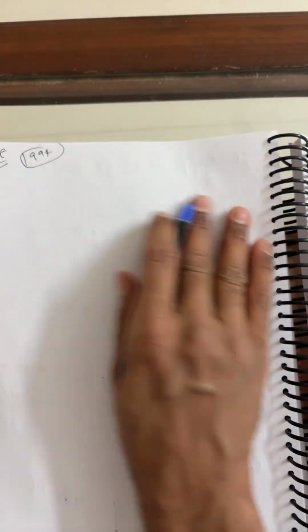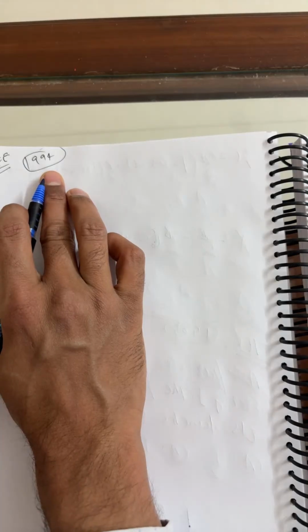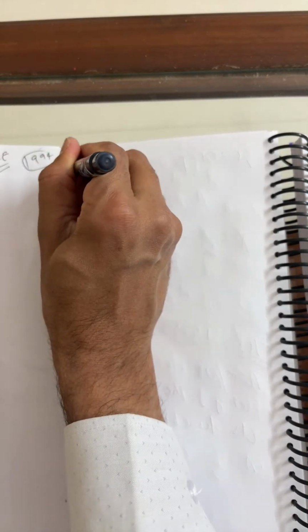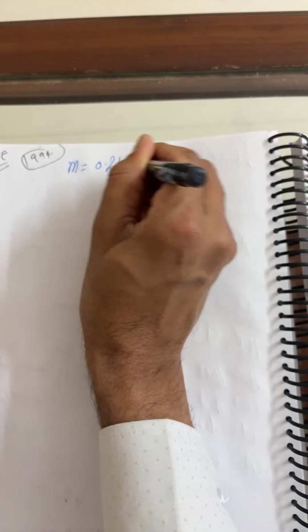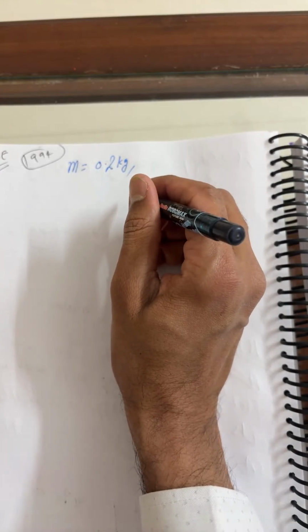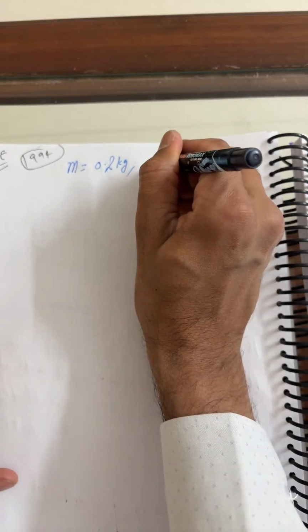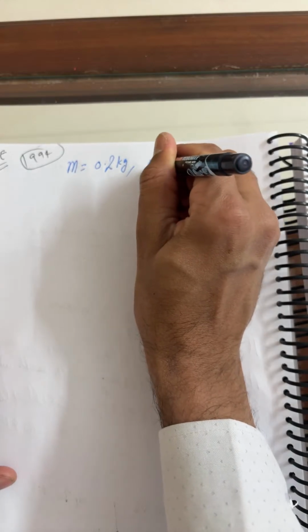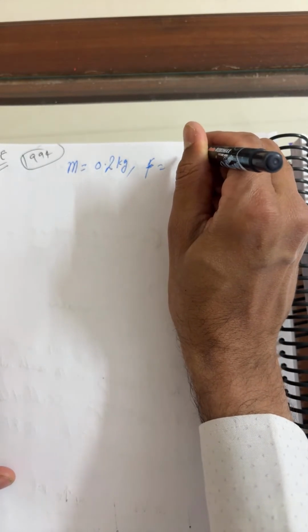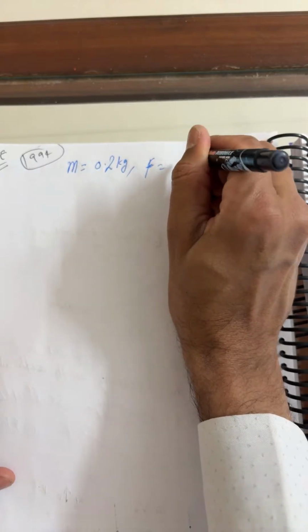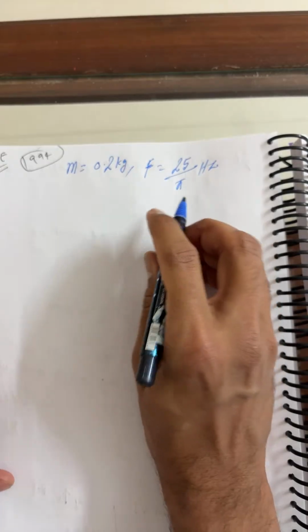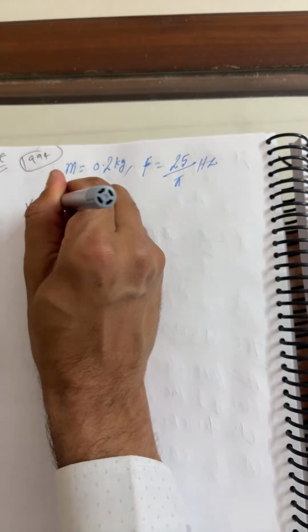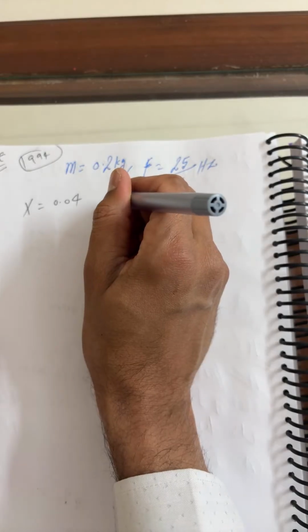Now beta, have a look at this question. Pay attention here only. An object of mass 0.2 kilogram executes simple harmonic motion, oscillates along the x-axis with a frequency of 25 upon pi hertz. At the position x equals 0.04,